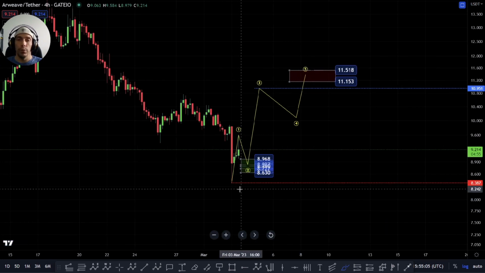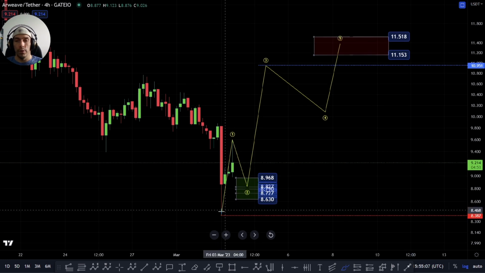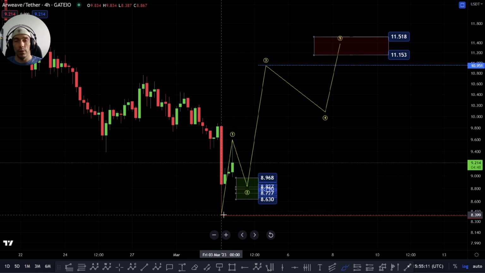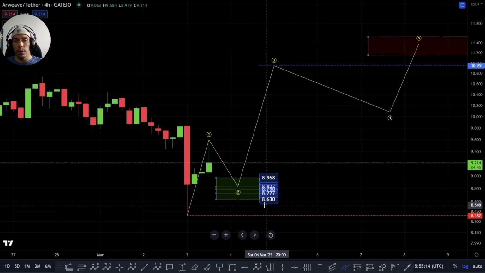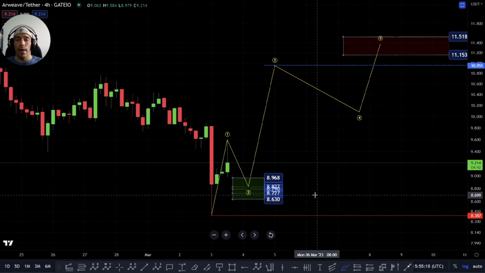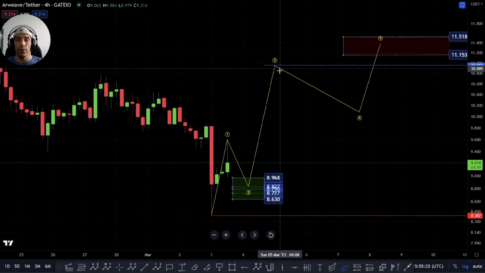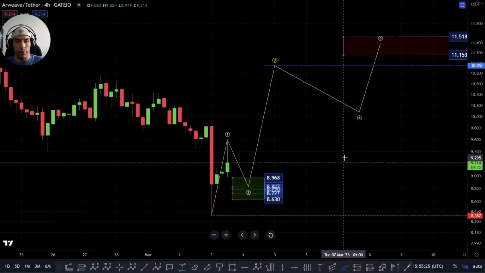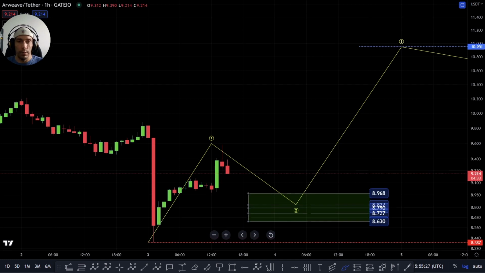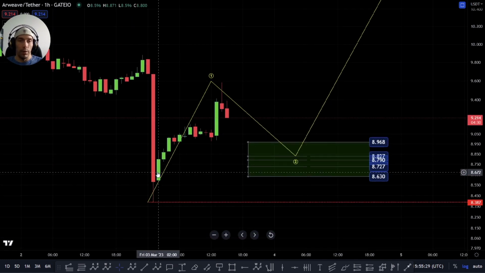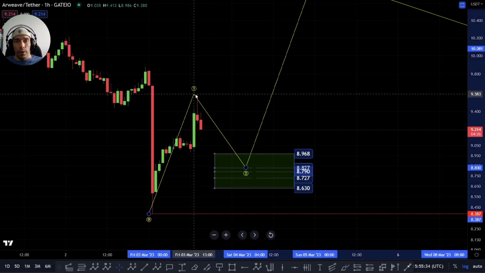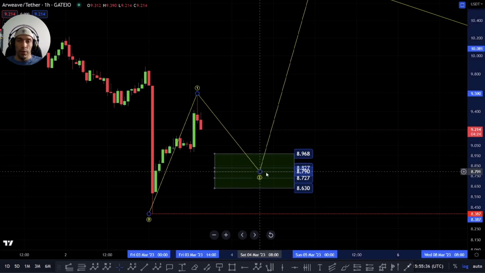If we are looking for bullish potential, the key thing from this low point that we currently have would be this 838 zone. We can't cross that. We'd also need to hold the zone of this 8630 area, and we'd be looking for that continuation potential to the upside. So on the 4-hour, it doesn't really look like a 5-wave structure, but if we come down to the smaller time frames, you can argue that you have a 1, 2, 3, 4, and a 5. So for the most part, I am looking to see whether we find support again within this zone,